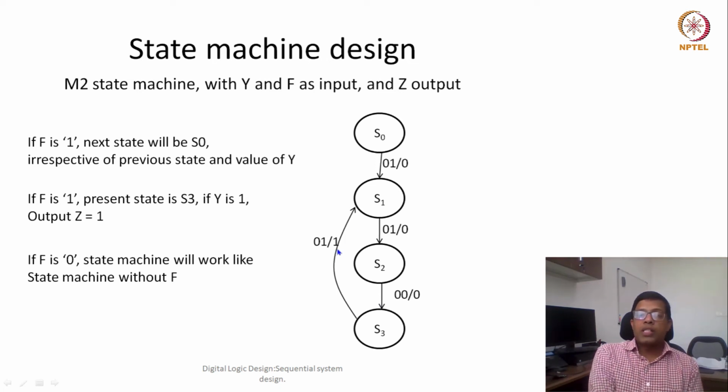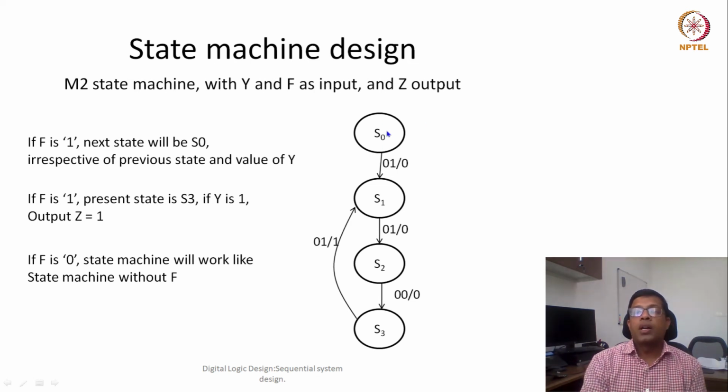This particular combination forms the case when the output is going to be 1. Now let us see what the other possibilities are and try to complete the state machine. Since there are two inputs, y and f, at every state we have to see the possibilities for all four input combinations: 0 0, 0 1, 1 1 and 1 0. From S0 we have already seen what happens when 0 1 is there, and we need to see what happens if 0 0, 1 0 and 1 1 are there as an input.